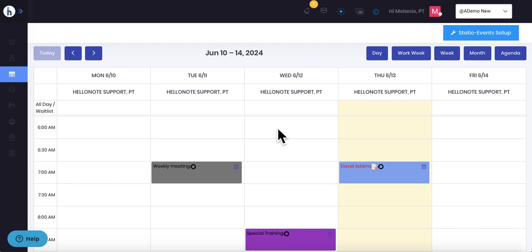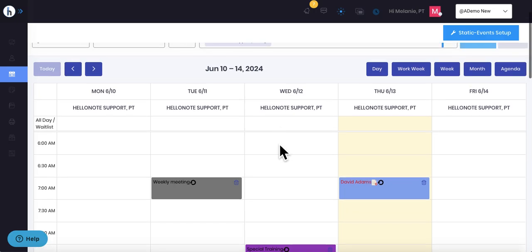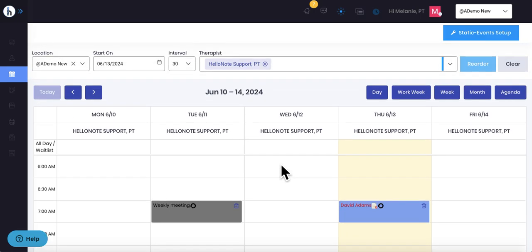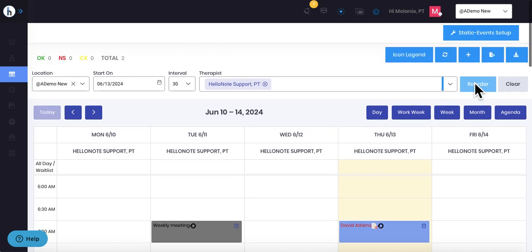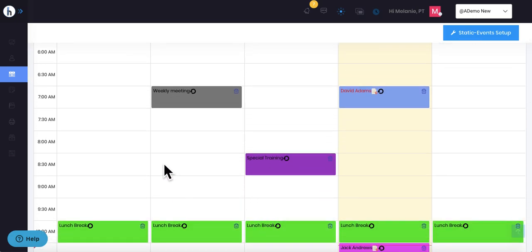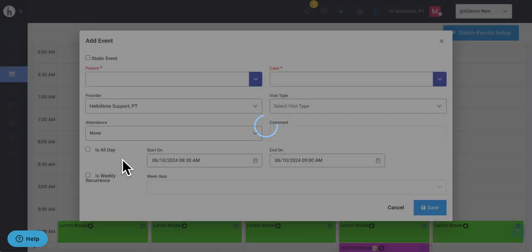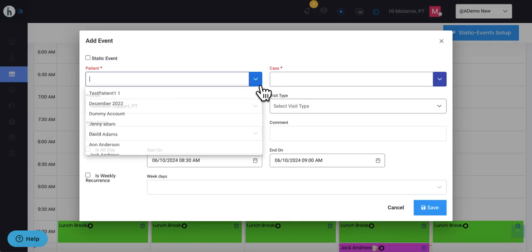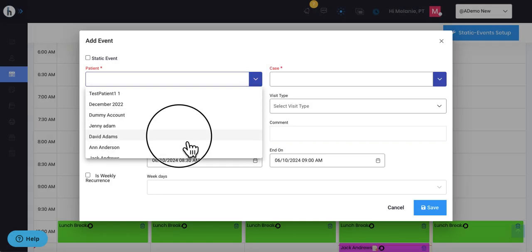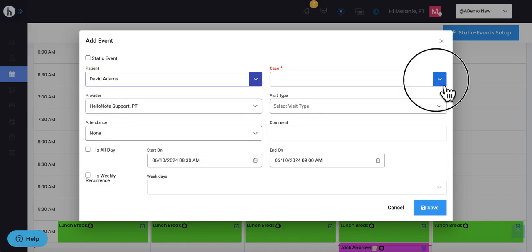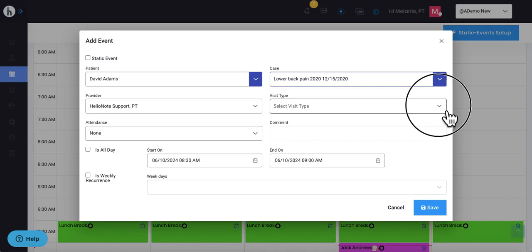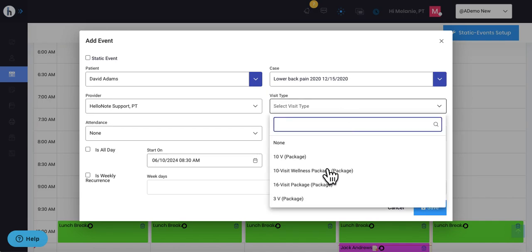In order to schedule recurring appointments for a patient, come into the therapist schedule. You can either double click on the appointment time and day, or in the top right, click this blue plus button. So I would come in, pick an appointment time, pick the patient's name, pick their current case or episode, pick the visit type from the list,